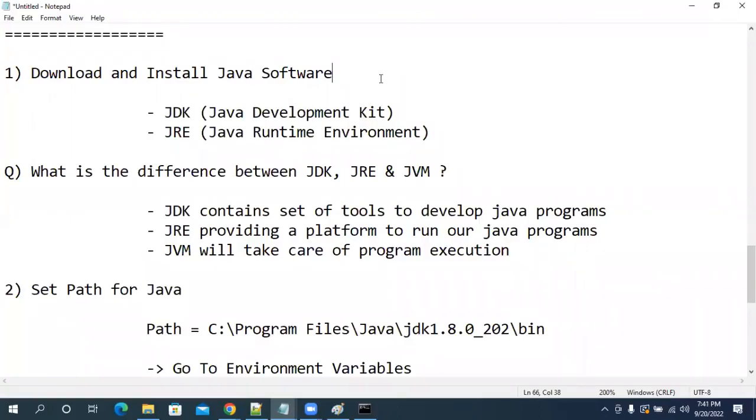Inside the JRE, what will be available? JVM will be available. What is a JVM? Java Virtual Machine. Why do we need that virtual machine? To convert our bytecode into machine-understandable code. Who will take care of the memory management for program execution? Should the programmer take care or will the JVM take care? The JVM will take care. Are you clear with my point? So we are good with the Java installation. After installing Java, can I directly use Java? Why?